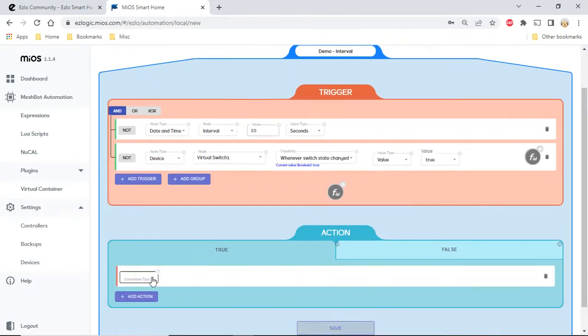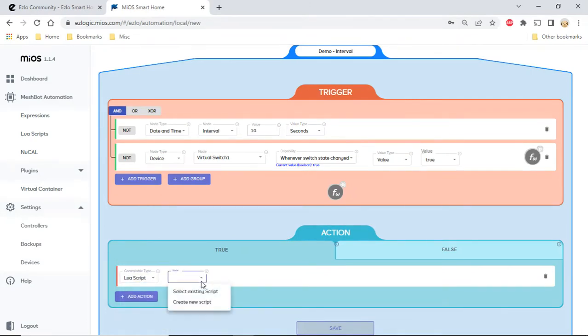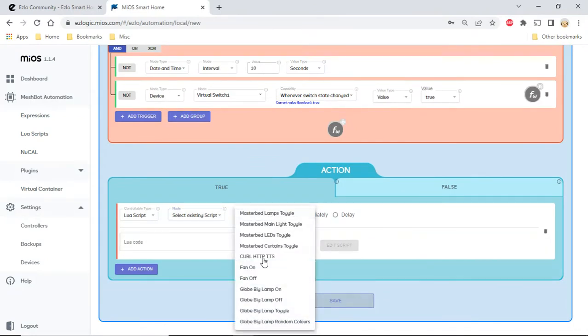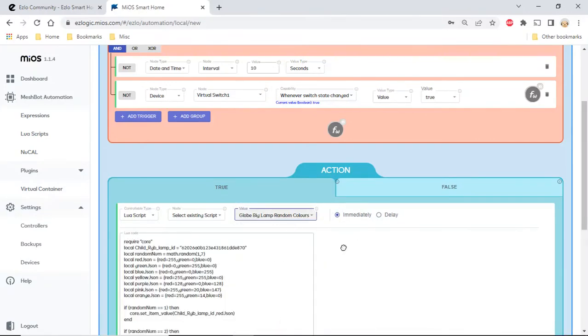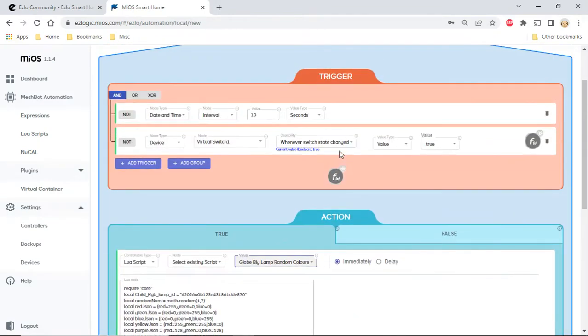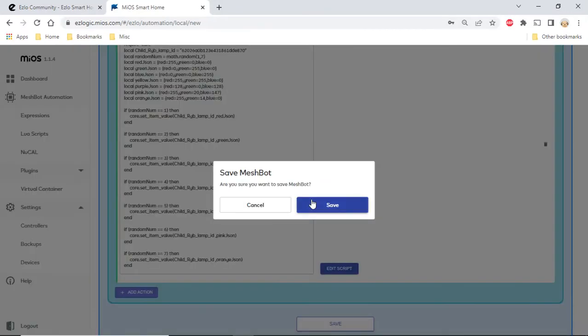So for the action, I'm going to select an existing Lua script that I've created, and that script will just randomly change the colors on a RGB light. So if we select the script, there's the script. So if we save the rule, save,